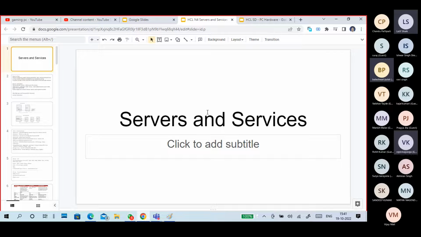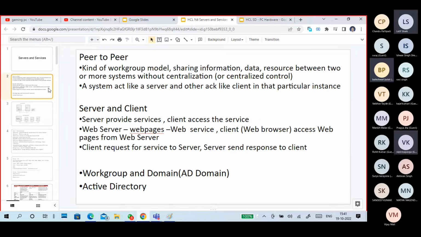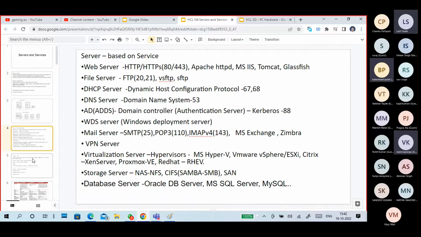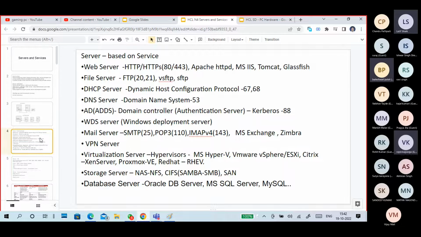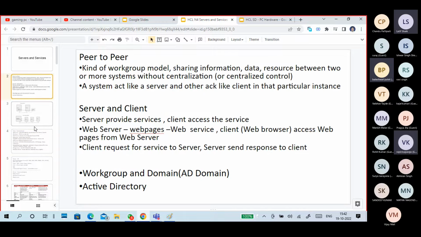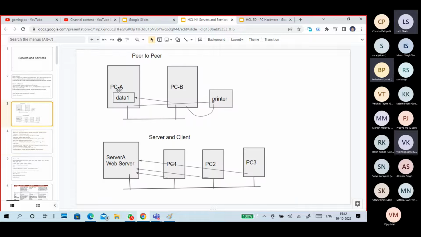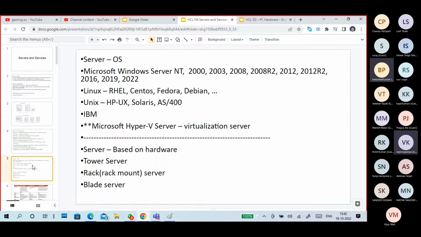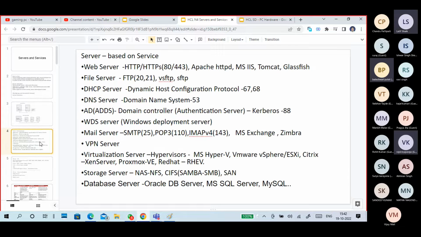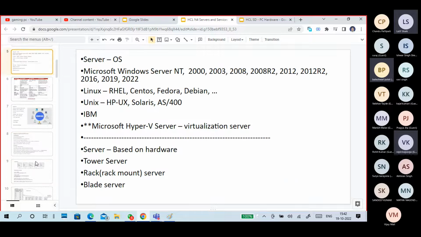I will tell you from which point you have to watch it. Okay guys, this is the servers and services part. I'll give you an overview of the topic. It's all about what is workgroup, peer-to-peer, server client, workgroup and domain, what is Active Directory, what is DHCP, what is DNS. It's all about the different types of servers, based on different types of servers, their services, server operating systems,